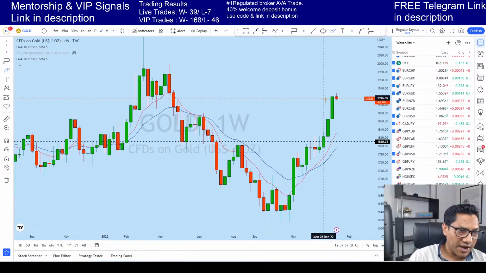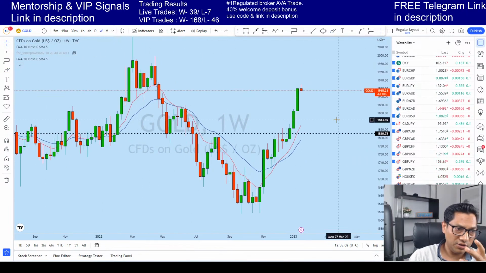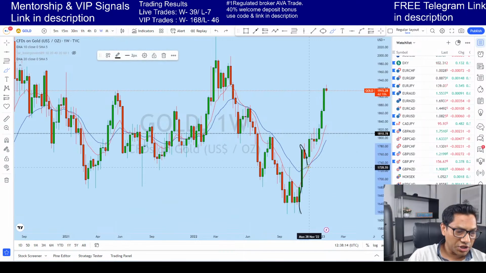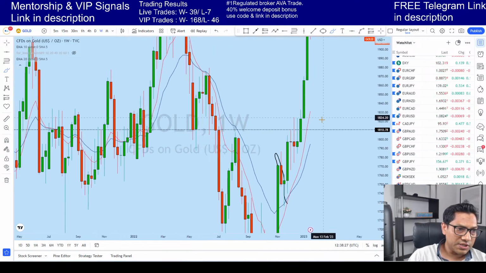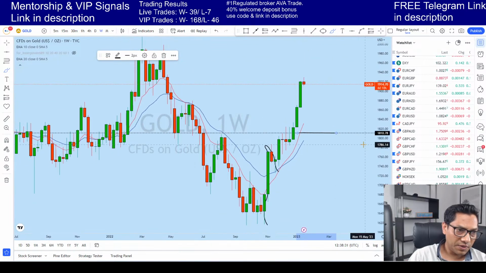Looking at the weekly time frame, there is nothing much you can say about weekly but a strongly bullish market. Now you see that this is the weekly impulse from here, a big impulse correction. Now this weekly impulse correction is the start of a reversal of a downtrend to an uptrend. And at the same time, we see that this is the level, the 38.2% monthly Fibonacci level.